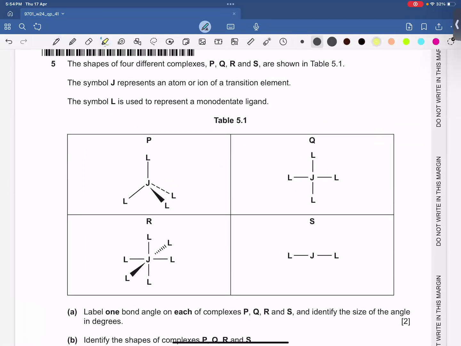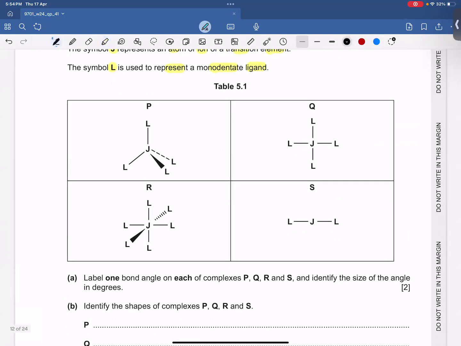The shapes of 4 different complexes P, Q, R, and S are shown in the table. The symbol J represents the atom or ion of a transition element. The L symbol represents the monodentate ligand. Okay. This has 109.5 degree. This has 90 degree. This also has 90 degree. And this has 180 degree. Okay. Which means